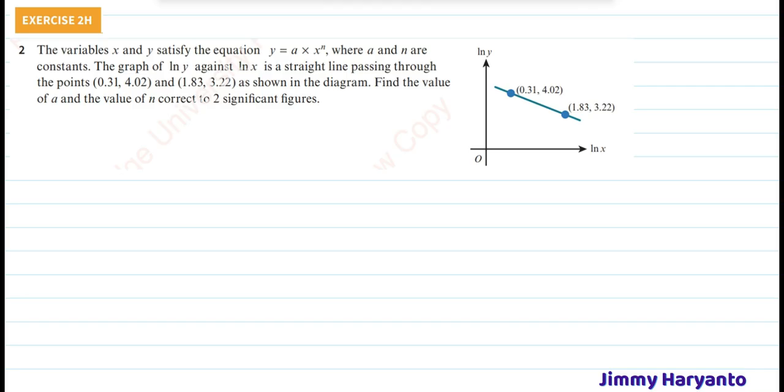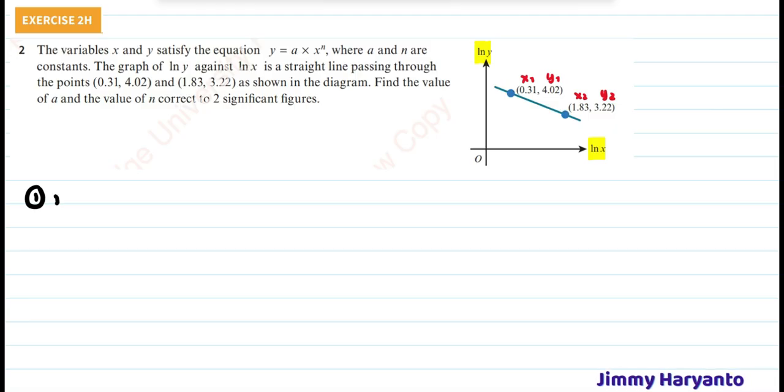Okay, next question is question 2. For this one, the graph is already given. As you can see, the y-axis is ln y and the x-axis is ln x. We will talk about that later, but the graph also shows you 2 points. Let's label them as x1, y1 and x2, y2. So to solve these questions, first you have to choose 2 points. We already have them, which are these. Yeah, these are the 2 points.